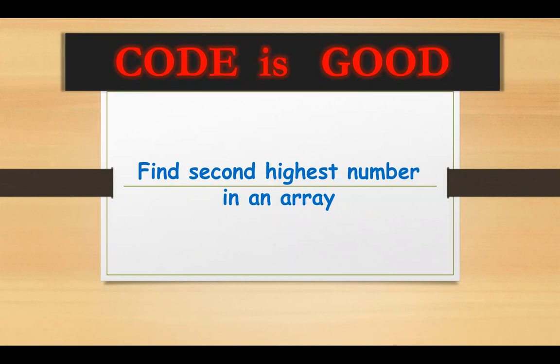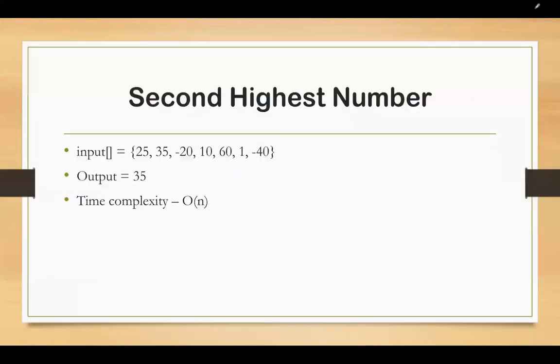In this video, we will look into a problem of finding the second highest or third highest number in the given input array of integers. Over here, we will see an example where for a given input array with elements such as 25, 35, minus 20, 10, 61 and minus 40, we will first calculate what is the first highest number. As in this case we can see that 60 is the highest over here. After 60, if we try to find the second highest, then it is 35, which will be the output of this problem.